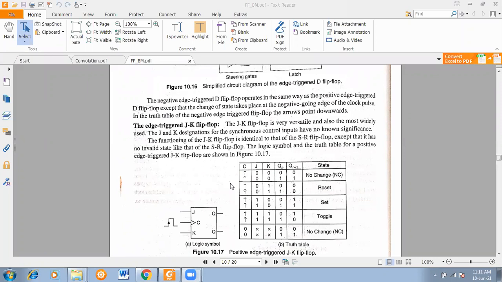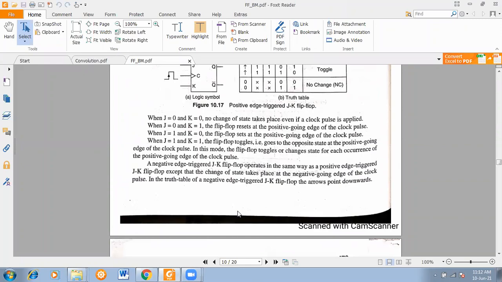So let us start the explanation of the JK flip flop. It's a beautiful gate, avoiding our error of S equal to R equal to 1. Here we can apply J equal to K equal to 1. That was the disadvantage of the SR flip flop: we can't use S equal to R equal to 1, that was the prohibited state. But here we can apply J equal to K equal to 1. But how? Go to the final circuit.